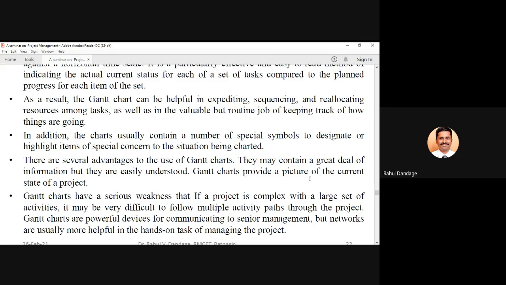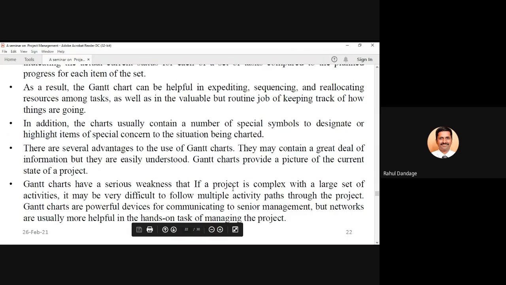Gantt charts have a serious weakness: if a project is complex with a large set of activities, it may be very difficult to follow multiple activity paths through the project. So if the project goes on to huge complexity, and there are n number of activities, then the Gantt chart may go on becoming complex. There are so many activities that it will be very difficult to plot them on a single diagram. So in that particular case, what can be done is, we can go for